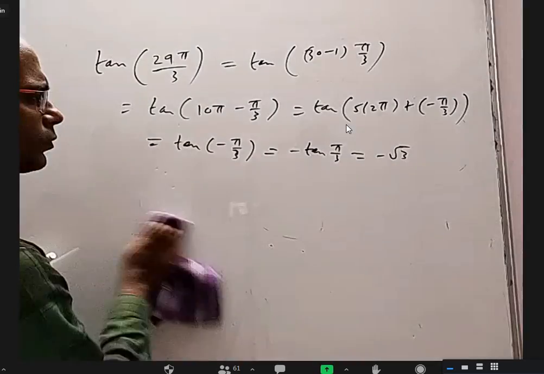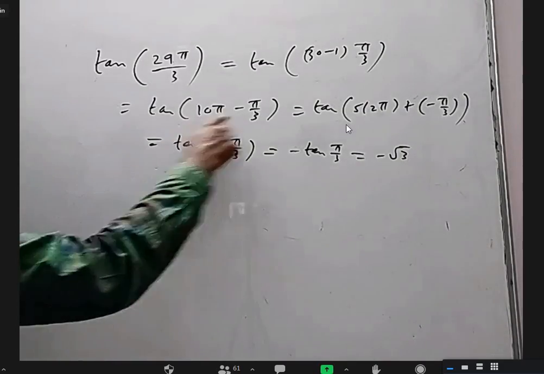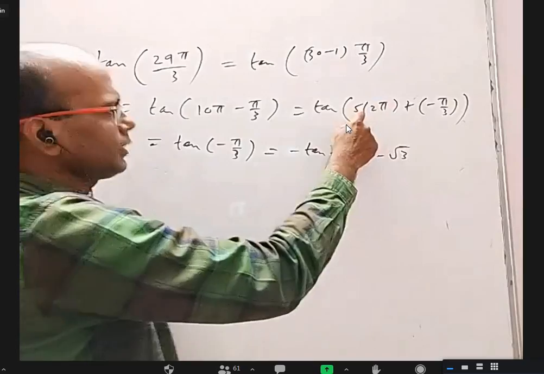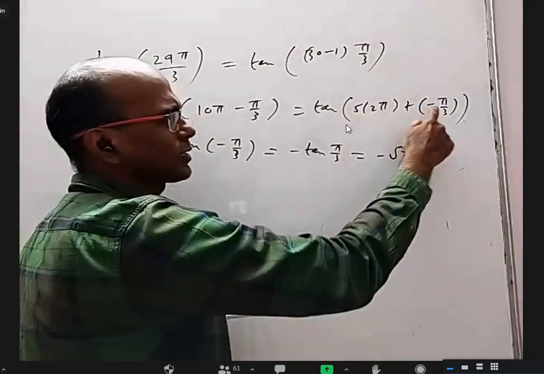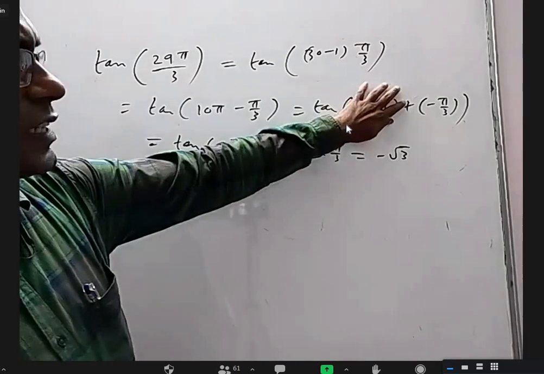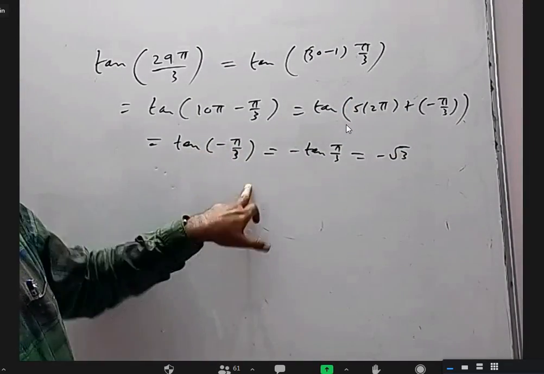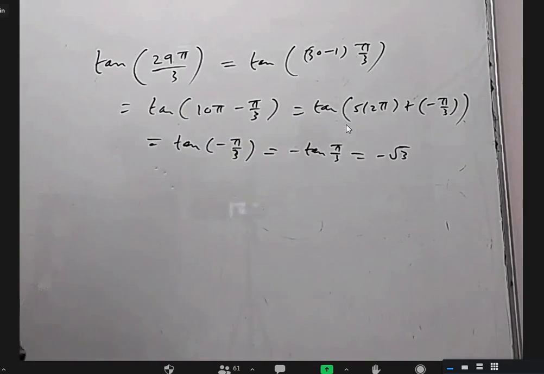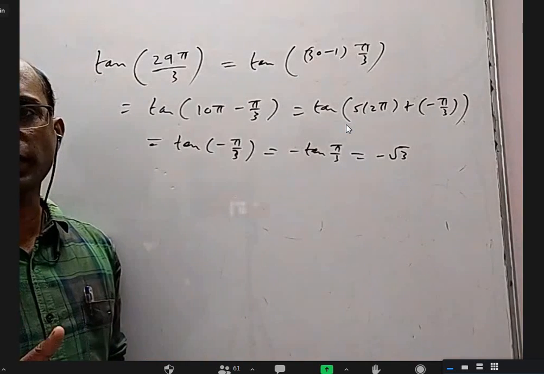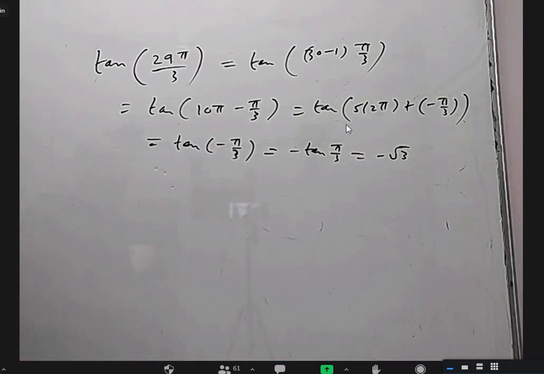Sir, in the above sum, how does tan of pi minus pi by 3 come? Oh, 10 pi is 5 times 2 pi. 2 pi means 360, a multiple of 5 times 360 can be neglected. Instead of writing minus, I wrote plus here, minus here. A multiple of 360, forget about it. You will be left with this angle, and the tan of minus theta formula is minus tan theta. Sin of minus theta is minus sin theta, tan of minus theta is minus tan theta, but cos of minus theta is plus cos theta.